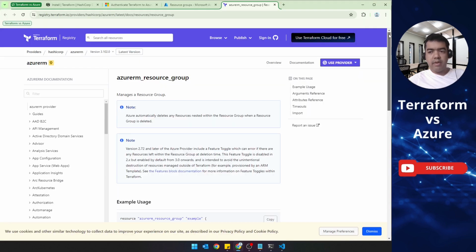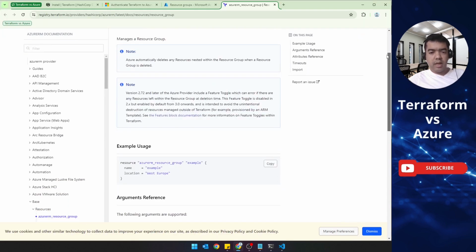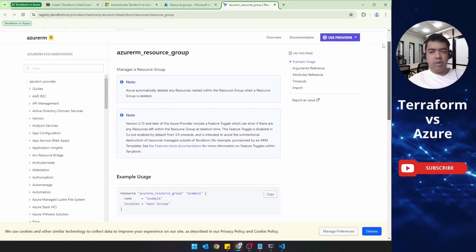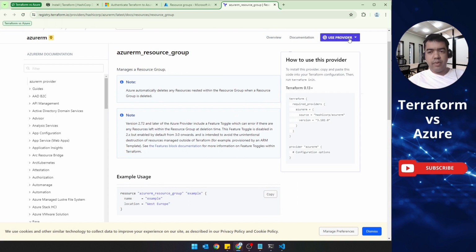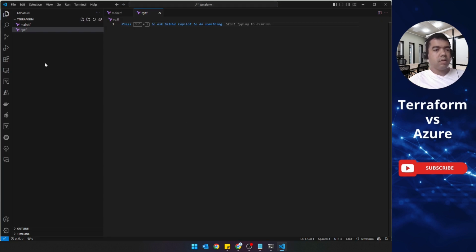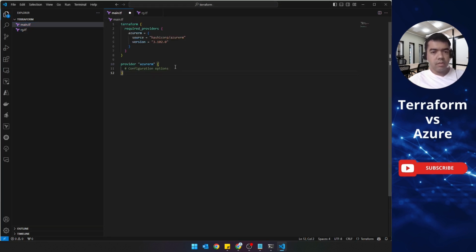Here we have an example to create a resource group. We need to copy this content in the provider to main.tf. Add the features for rg.tf.